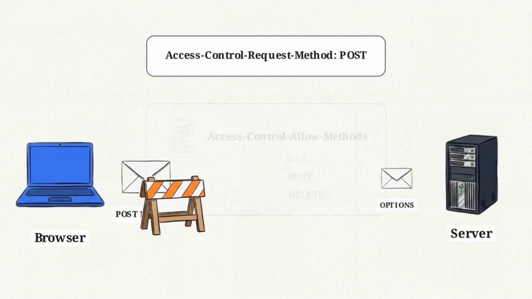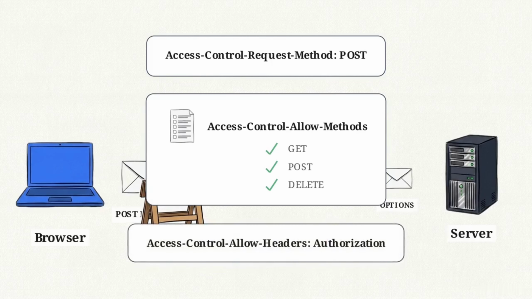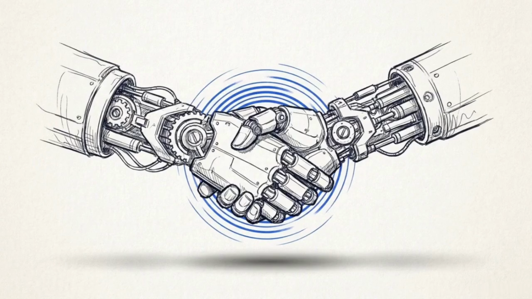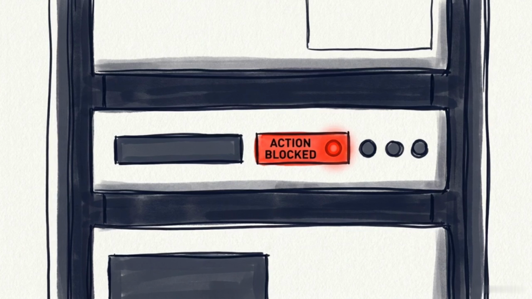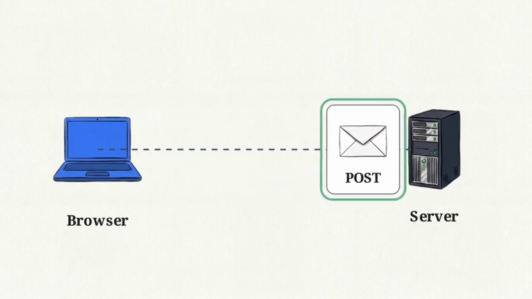The server replies with an Access-Control-Allow-Methods header, providing a checklist of the actions it accepts. Based on this pattern, think about the custom Authorization header we attach to the main request. What response header must the server send to approve it? The server must explicitly return an Access-Control-Allow-Headers header that includes Authorization. Complex requests require this explicit, invisible handshake before any actual data moves. It guarantees backend systems are protected from unauthorized actions. With all permissions officially granted by the pre-flight, the browser finally releases the actual POST request and safely completes the